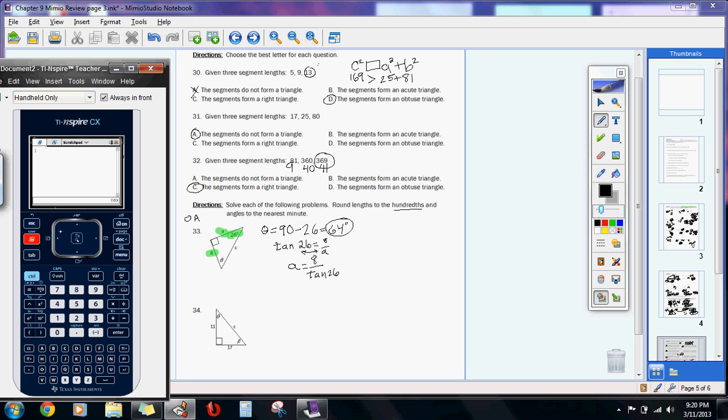So when I go to a calculator page, what I want to do is click 8 divided by tangent of 26. Now I personally like to look at a fraction, so I'm going to say 8, go down. You can see the key sequence here. So 8 on top, and then on the bottom I'm going to type in tangent of 26. You can slow these down if you need to, but tangent of 26, and then when I hit enter,